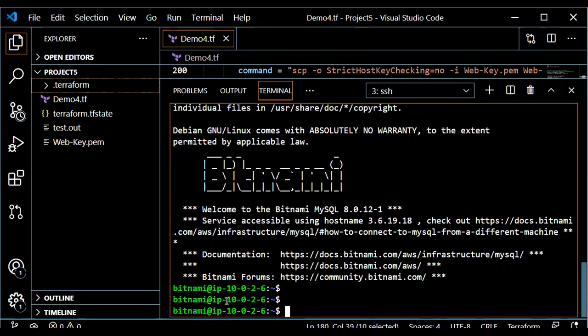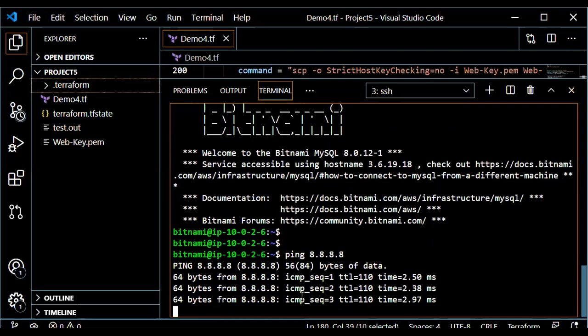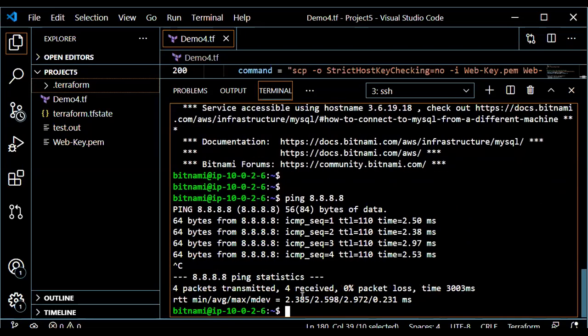So now I'm connected to my DB server, and from here, if I try to check my internet reachability now, this time, I'm successfully able to connect to the internet. So I can do patch management, I can do any file transfers if I need to get something from the internet.